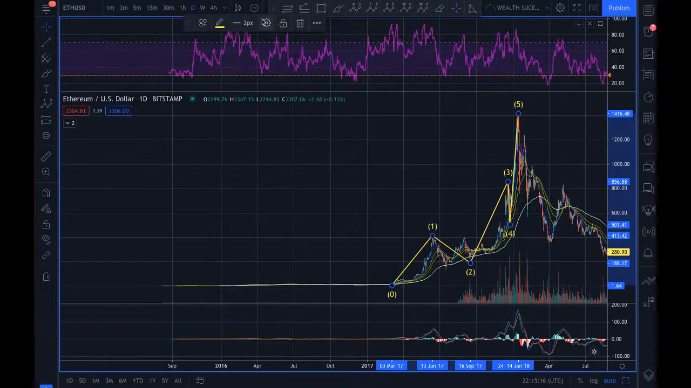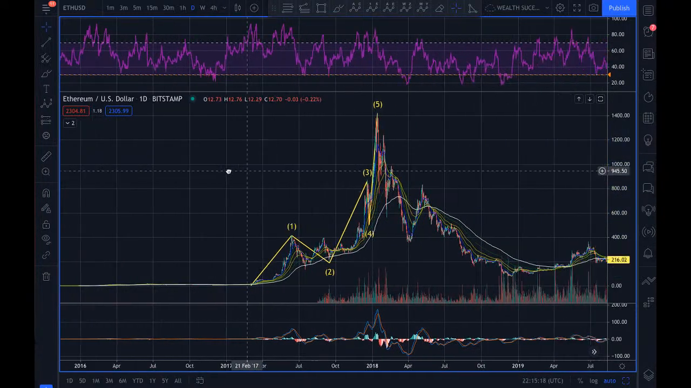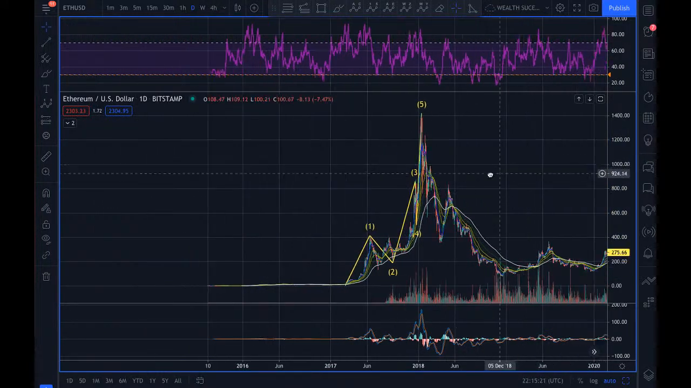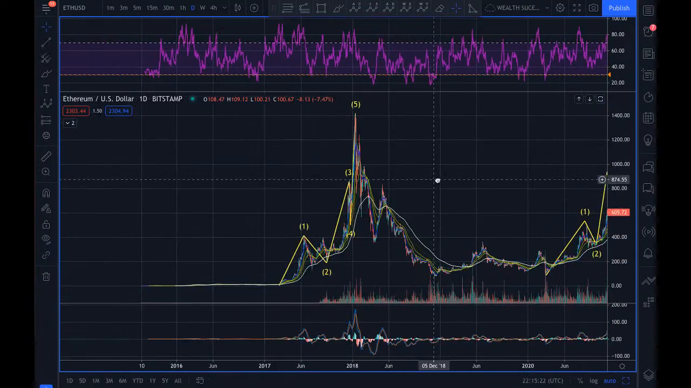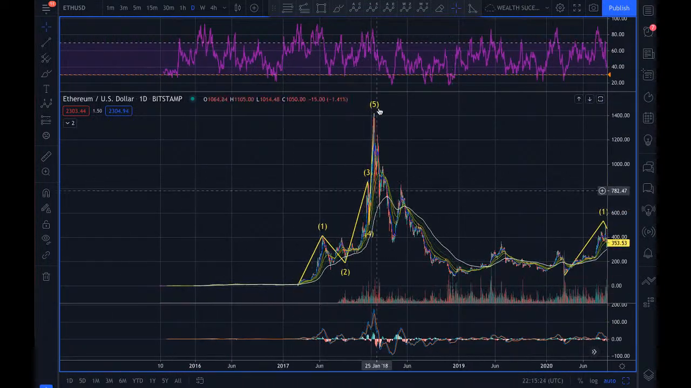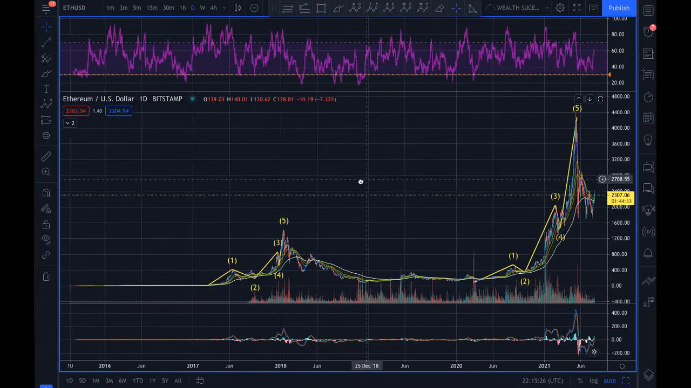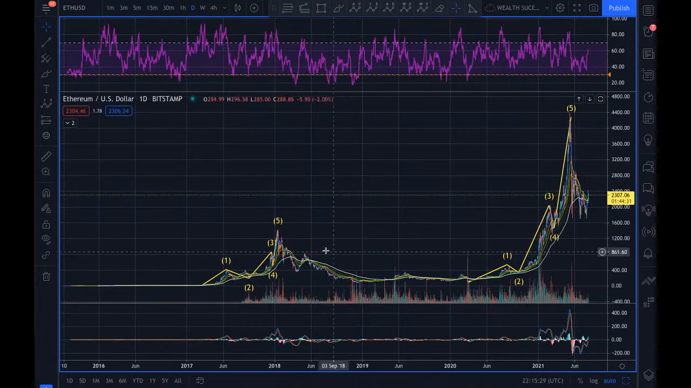All right, so I was being quiet for a minute. I was focusing in on the wave. Okay, so this wave, 1, 2, 3, 4, 5. Next wave, 1, 2, 3, 4, 5. So this, so far, looks like